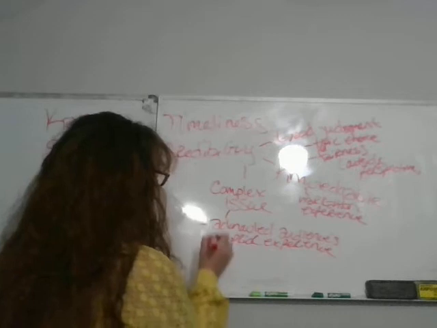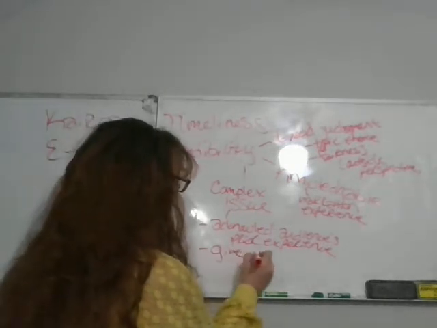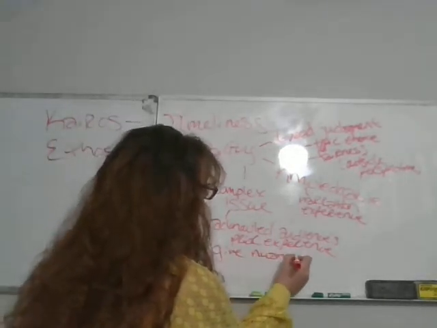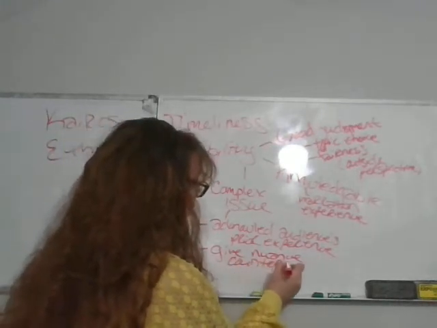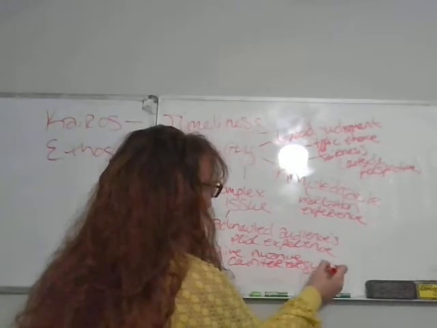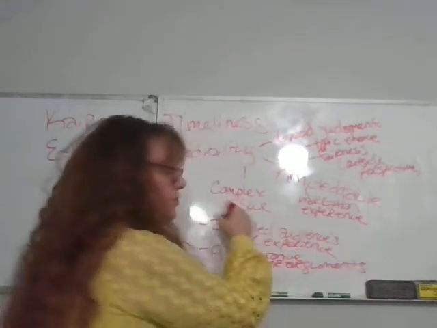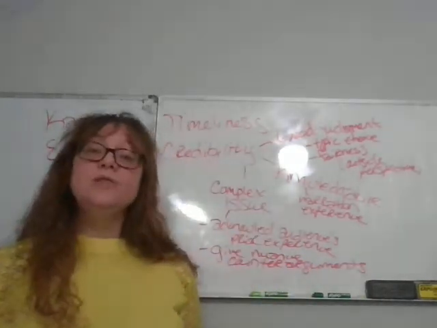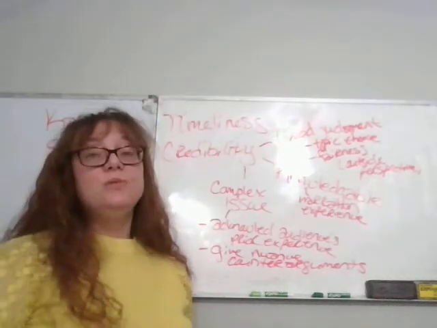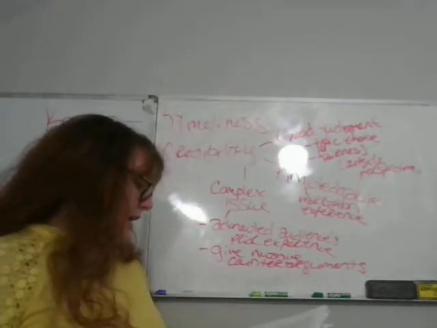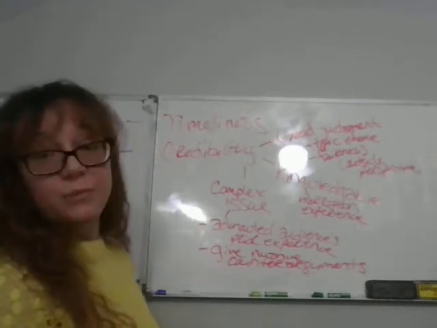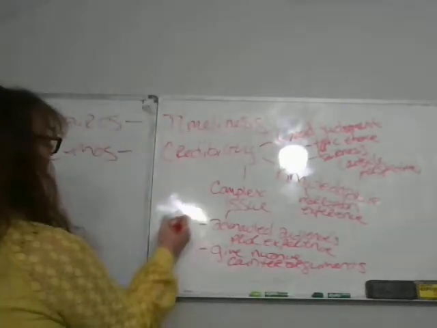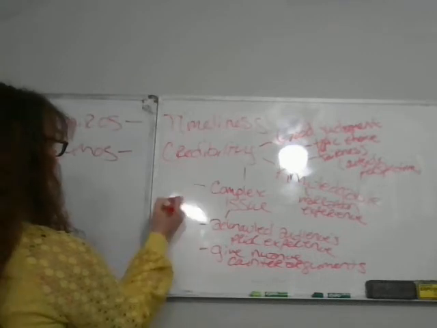We can also give nuance, right? Which is to say that we understand that there are counter arguments, there are other sides to the issue, and we are going to give space to that, to acknowledge it. I'm going to run out of board really quick, so I'm coming over here. So with complex issues,